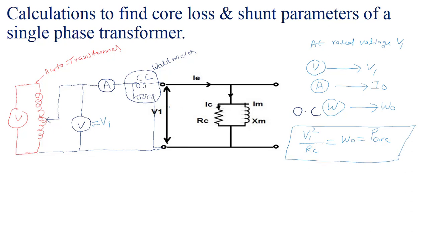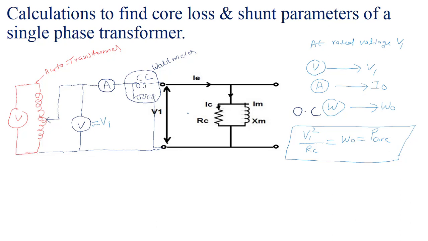Okay, even though there is a little bit of current, 1% of nominal current, that is the no load current, there should also be copper loss, but the copper loss is very small and can be neglected easily. So whatever the losses are, they will be considered as the core losses. Okay, so directly whatever reading the wattmeter gives at rated voltage will be considered as the core losses.